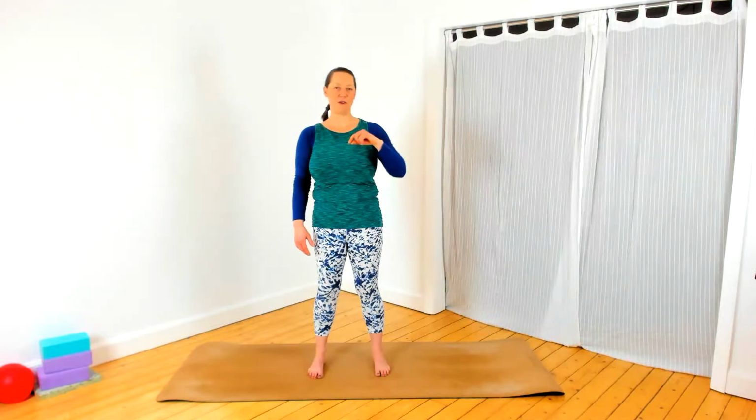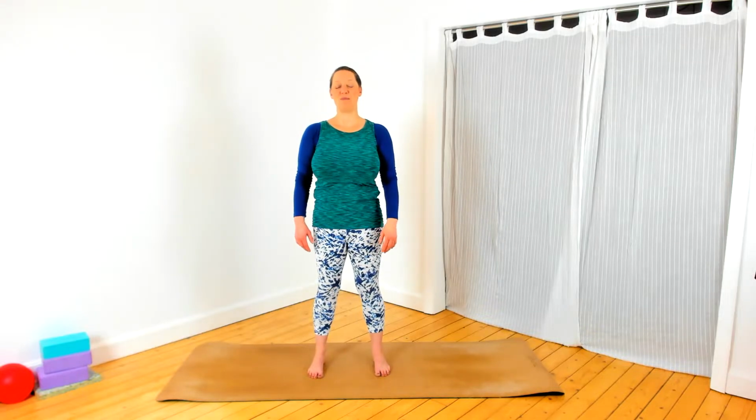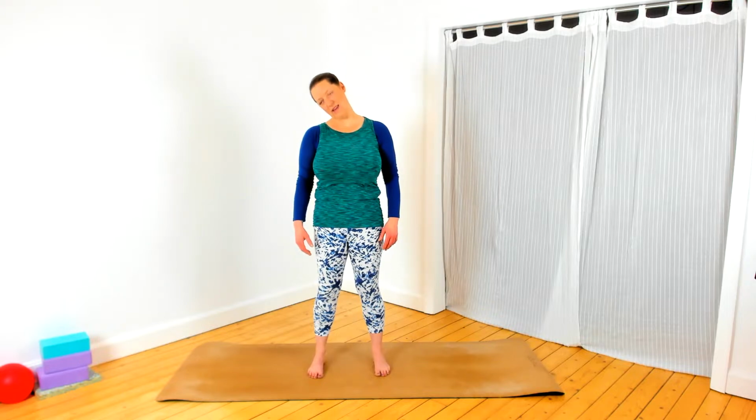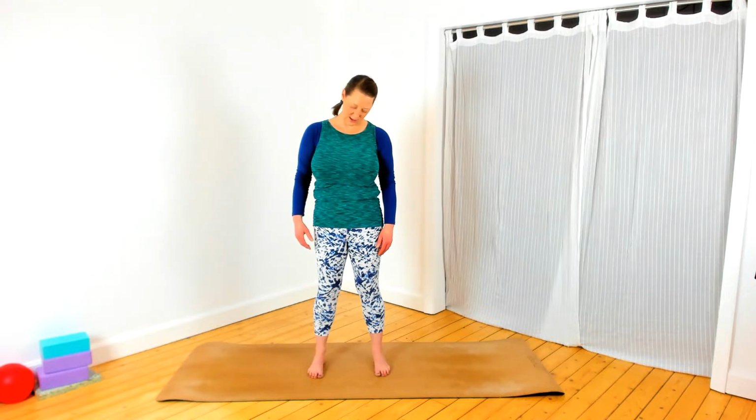Any more wriggly movements you feel like doing is great. I like a little neck rolling, but if you prefer to just turn your head or lean your head, then feel free. I'm going to bring my chin towards my chest. You can follow suit if you like, and then roll the right ear towards the right shoulder, allowing the shoulders and arms to be heavy, and then chin to chest and left ear to left shoulder. And just a few times from side to side,